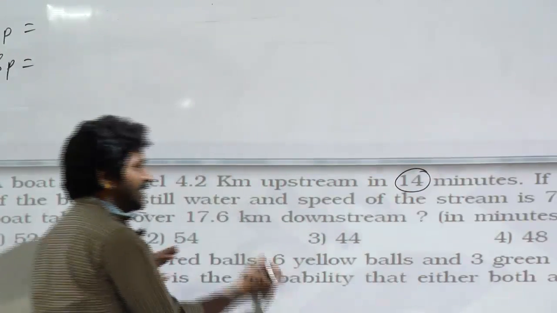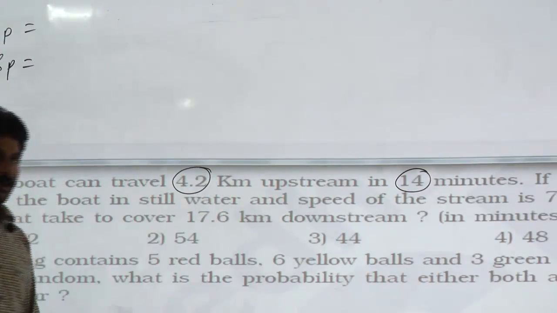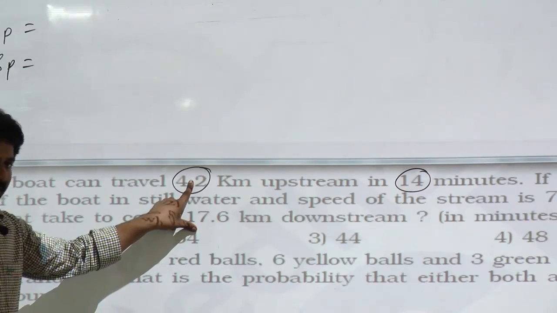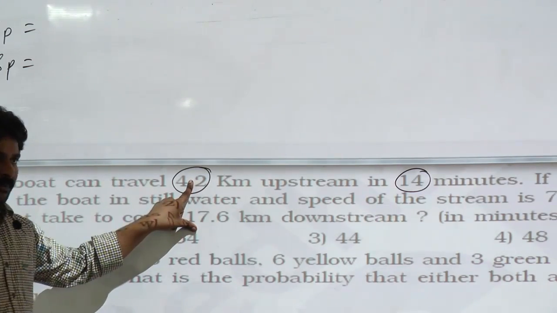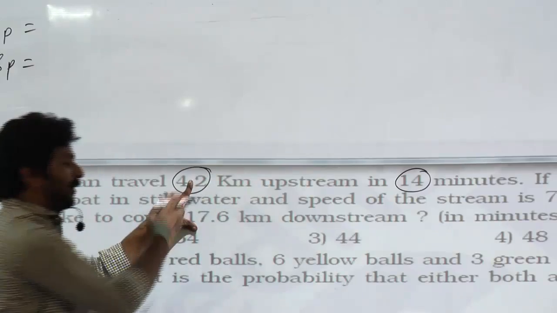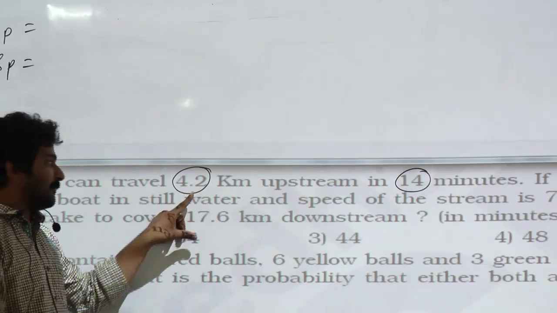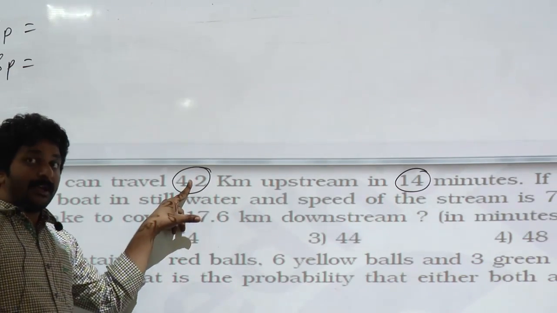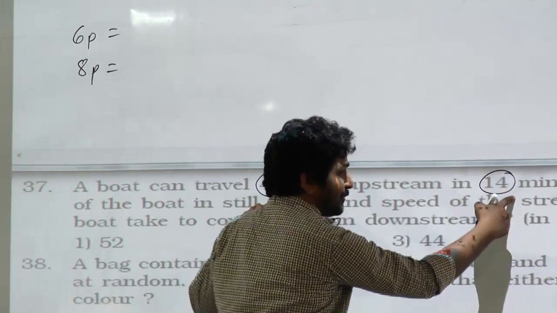In 14 minutes, it can cover 4.2 kilometers. Forget about the decimal here. If you read it as 42, 14 how many times is 42? 3 times. Divided by 10 is 4.2. You need to measure speed in kilometer per hour. Hour in the sense 60 minutes. In 60 minutes,